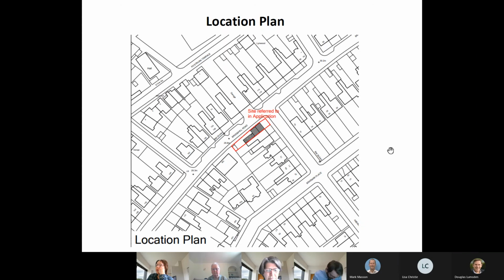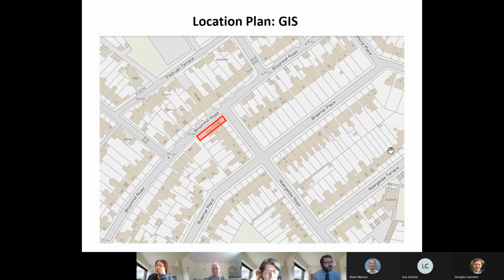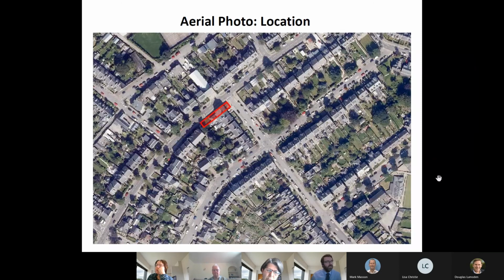Sorry, just seeing where I got to there. So yeah, Broomhill Road lies to the northwest, and the boundary wall separates the property's rear garden from the adjoining public pavement on Broomhill Road. We've got a location plan from the council's GIS system there, which really just shows the same thing as was on the earlier slide, and then an aerial photo. I'm not sure why my cursor is going a bit mad here. Not sure if you can see that, but just try and ignore that. Excuse me. So yes, to the rear of the dwelling there